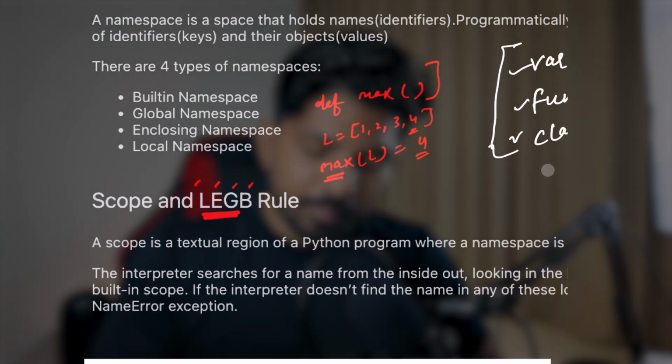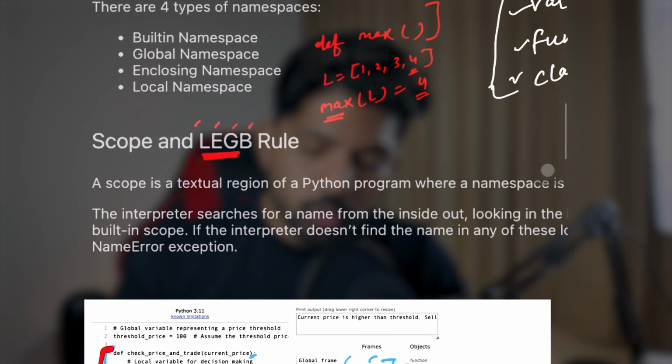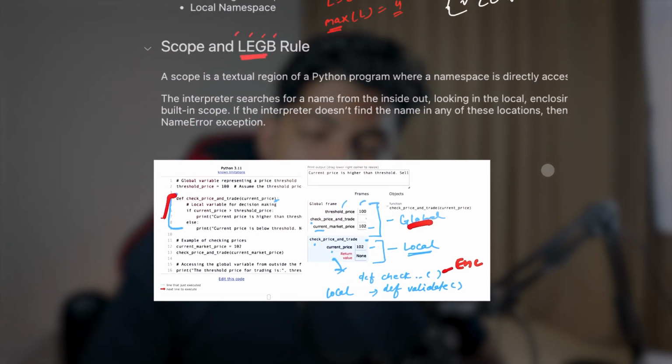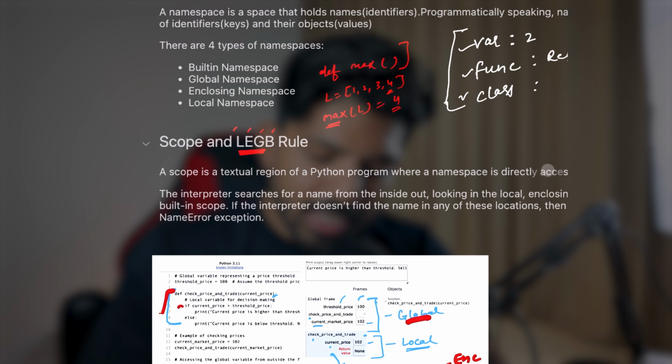So we have a program, and inside that, first of all, it will go to the local namespace, or we can say local scope. Whatever is inside that, it will give priority to the local namespace. Then it will go to the enclosing. We have just understood what enclosing is. If we have a function inside a function, the inner function becomes the local and the outer becomes the enclosing. So the second will be the enclosing.